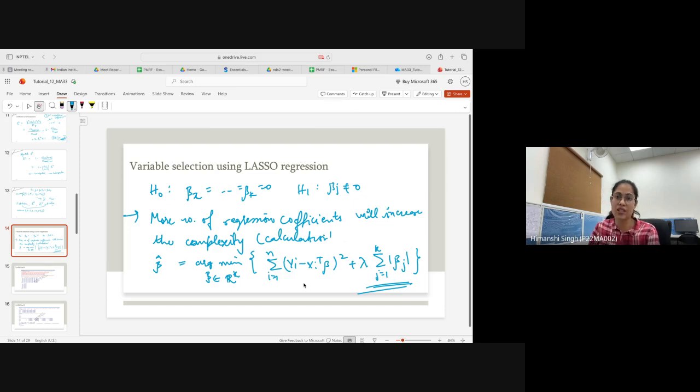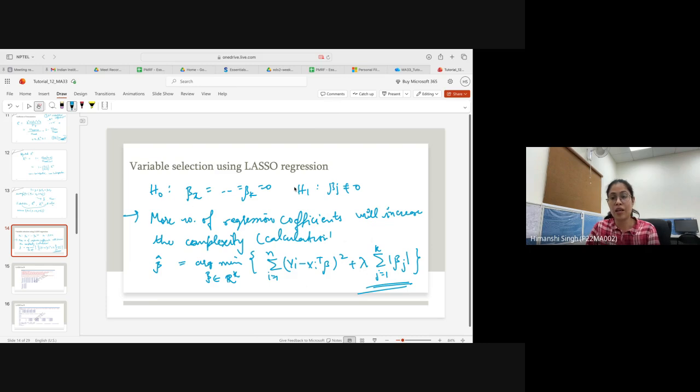If there is a lot of complexity in the model, we have to use the value of lambda in a hit and trial kind of method. I input a particular lambda, find out the beta hats, input a different lambda, find out the beta hats, which gives us the values of beta 2 hat, beta 3 hat, up to beta k hat, and whichever beta hat is very near to 0, we can skip that particular explanatory variable.